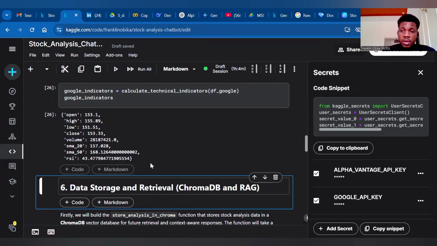But when the RSI is above 70, it shows that the stock is potentially overbought, and if it's below 30, it shows that the stock is potentially oversold. So in this case, for the Google stock, we consider RSI as 43, which shows that it is neutral because it's around 50. And when we look at the simple moving average,